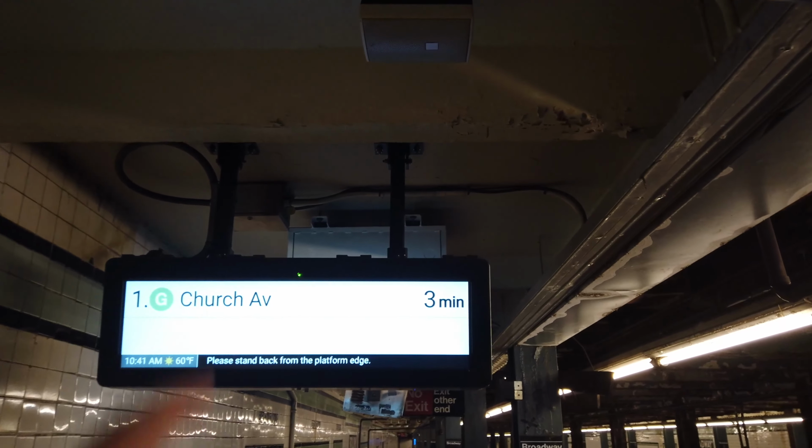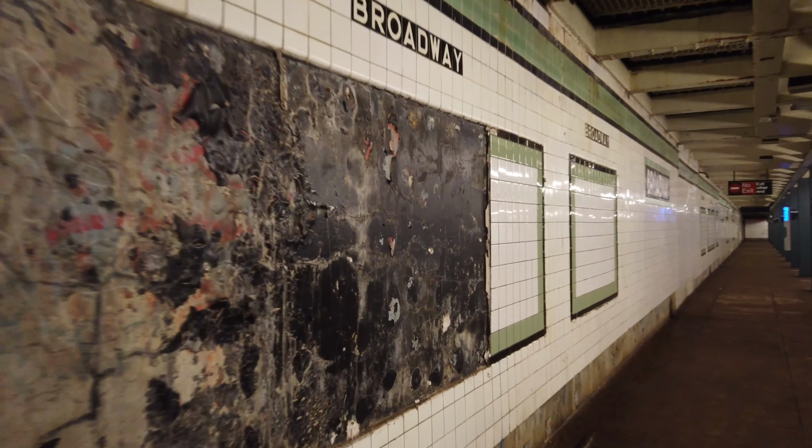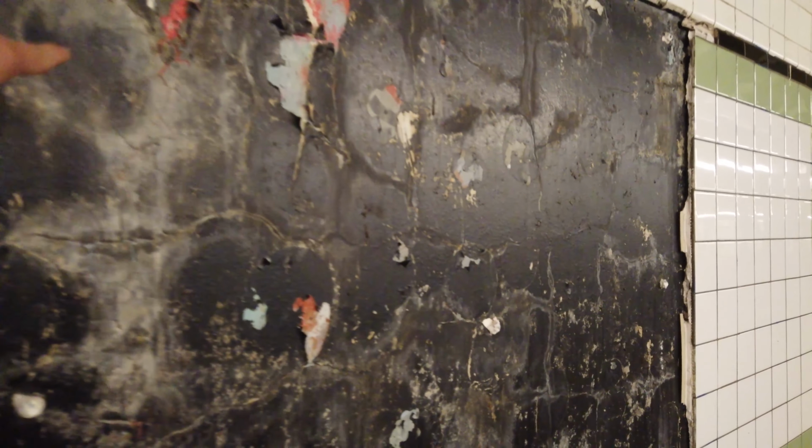That ventilation really wouldn't work, would it? Anyway, let's go to the end. Did they just put these pipes in for drainage recently? They're really super low. And there's a cane on the floor. Anyway, come on, what? Man, I can't tell if this station suffered a ton of water damage or if they